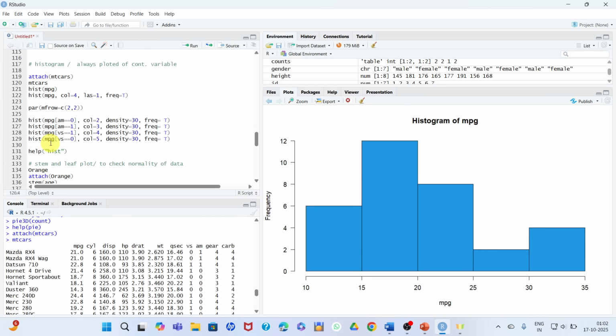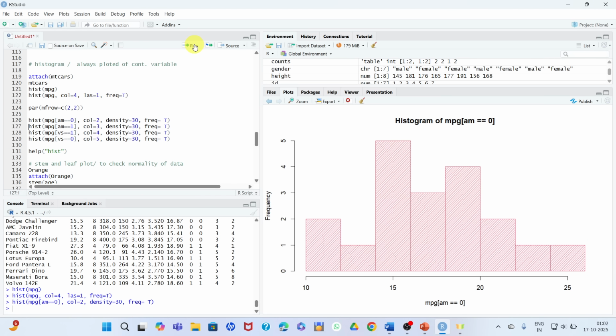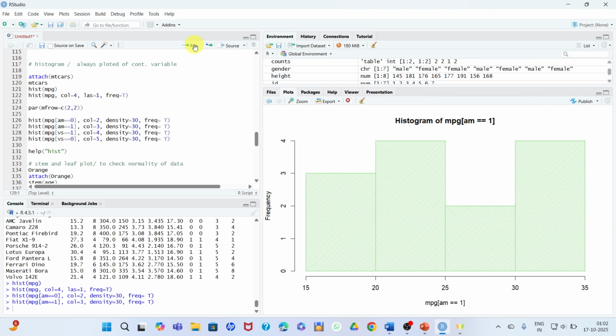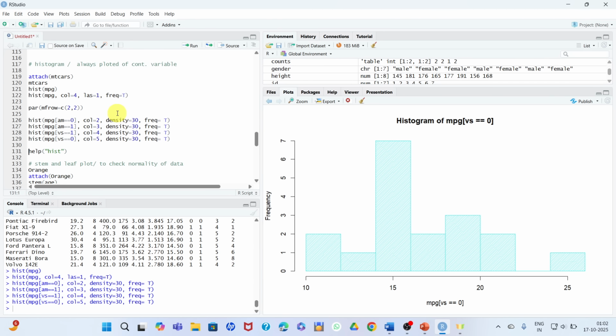Then hist mpg, VS equal to 0, color 5, density, and this. Let's run this. Run. So here you can see the histogram of mpg AM. Again run. Histogram of mpg 1. Then you have mpg VS 1, and likewise.